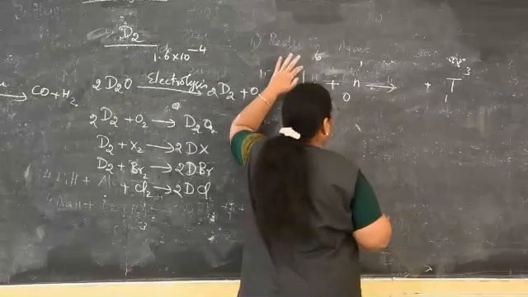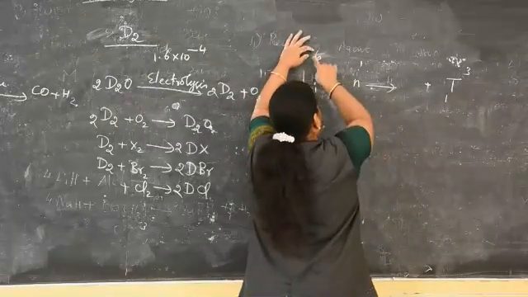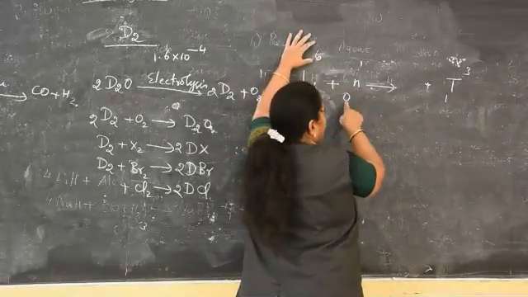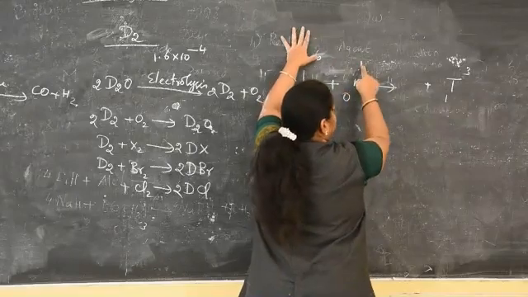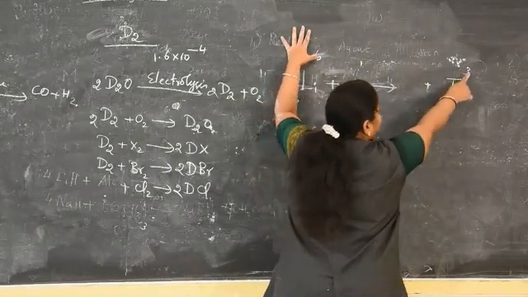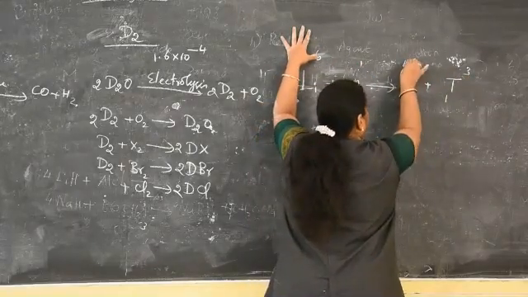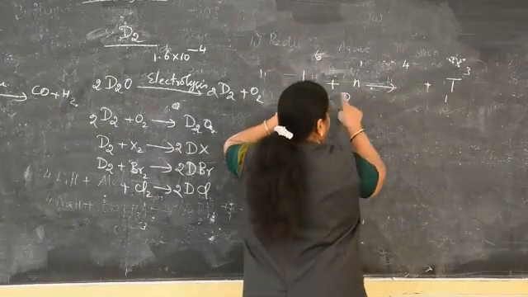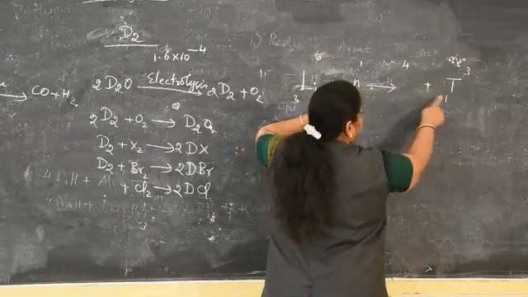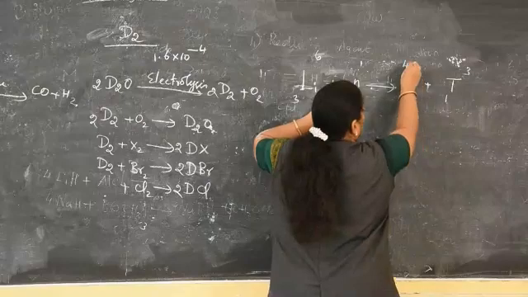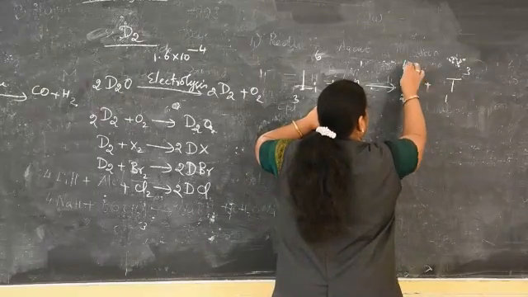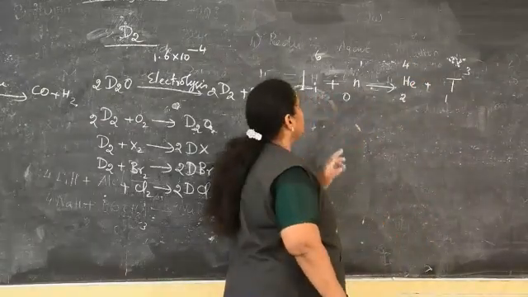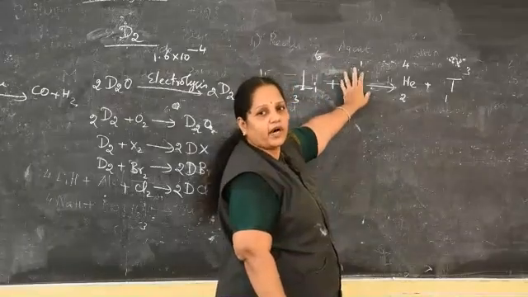Here we want to balance both the mass number as well as the atomic number. Totally 6 plus 1, 7. Here 3, that's why I write the remaining 4 here. Here 3 plus 0, 3. Here 1, the remaining is 2. Then what is this? This is nothing but a helium particle. So in this way, it is your 3-mark question.